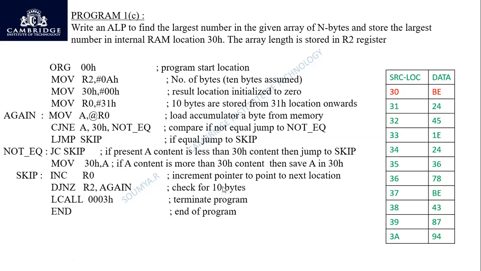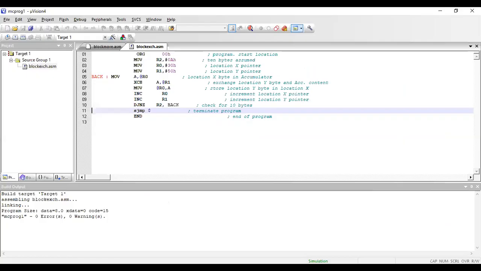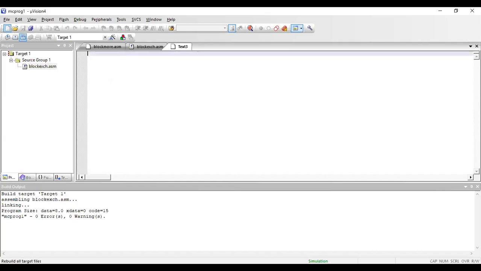Let us go to the Keil software again, where we will be using this software for finding the largest number. Again, I need to do the same procedure. I can open a new editor window and type the program of finding the largest number, right? So what am I doing? I'll do the same thing now. I'll just copy from the previous one. I'll open a new editor window, copy the program. I have to type in the program.